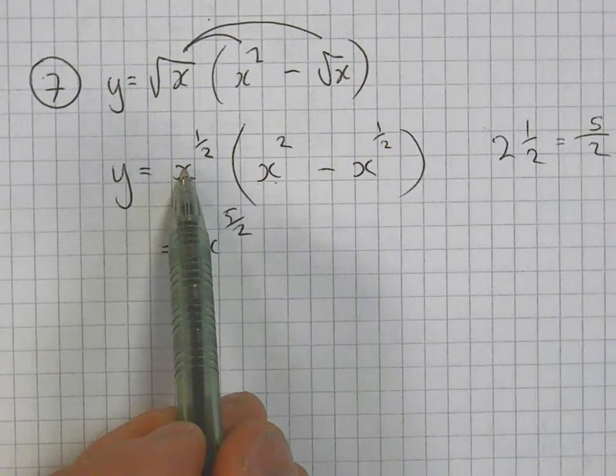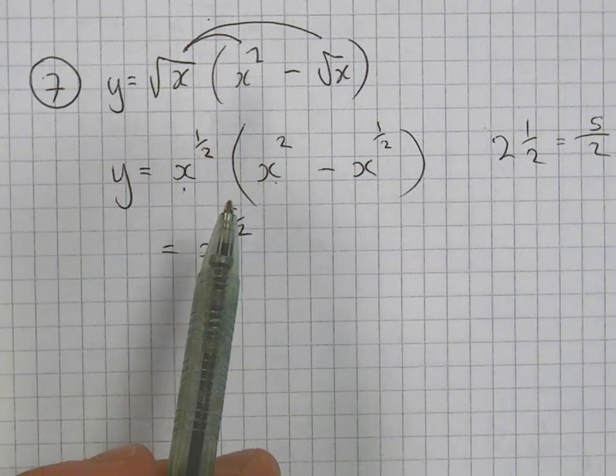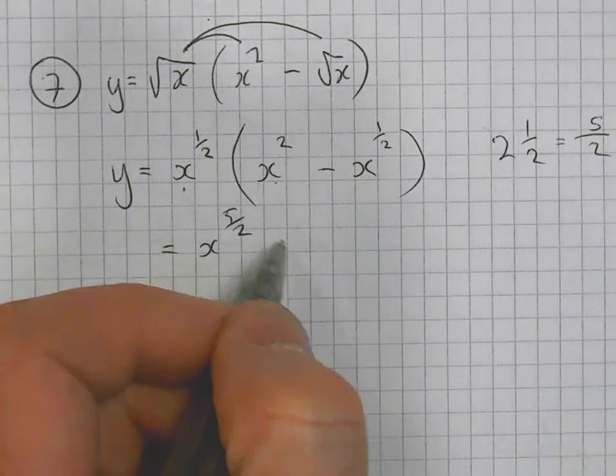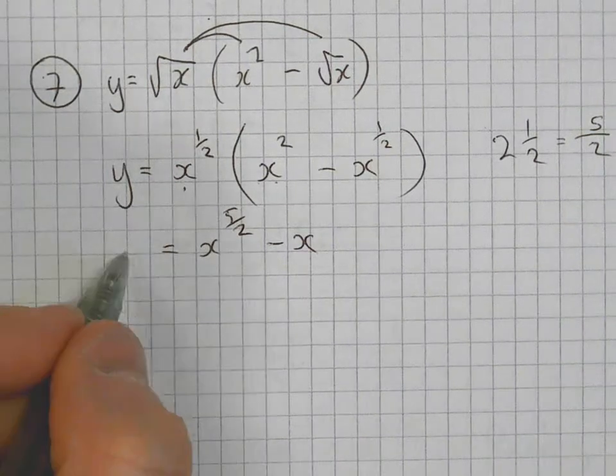X to the power of a half times x to the power of a half. Add the powers, it's 1. So it's just going to give you x to the power of 1, which is just x. Now that it's ready to differentiate,